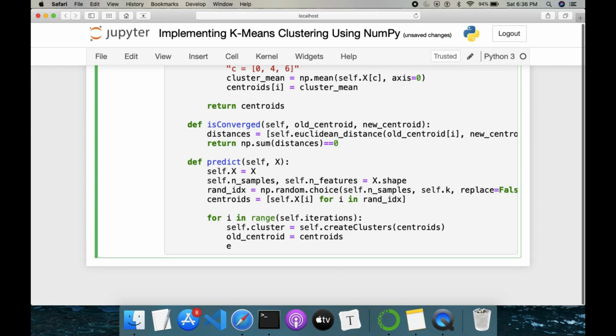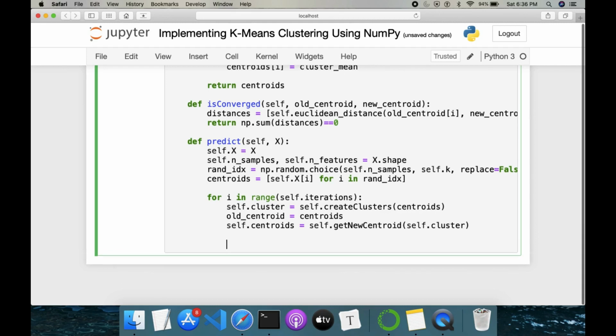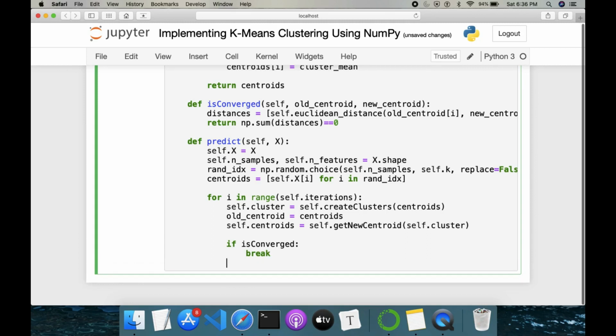Next we have to find or create new centroids based on this cluster. Whatever clusters we have, we have to create new centroids: centroids is equal to self.get_new_centroid from self.clusters. This will keep iterating, and at some point it will converge. We have to keep checking whether it has converged or not. If it is converged, then we break out of this loop and return our